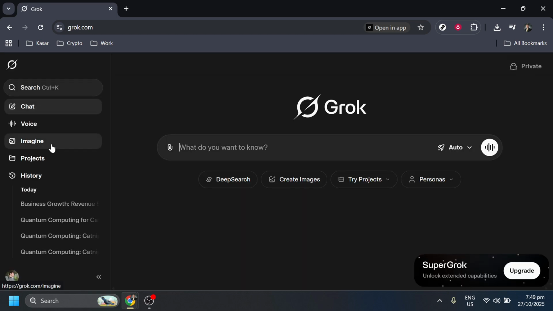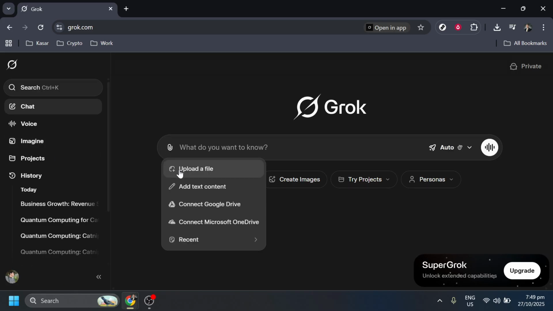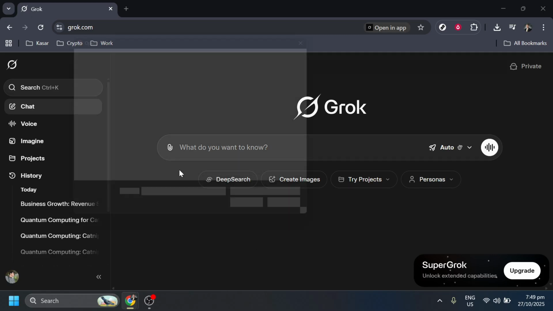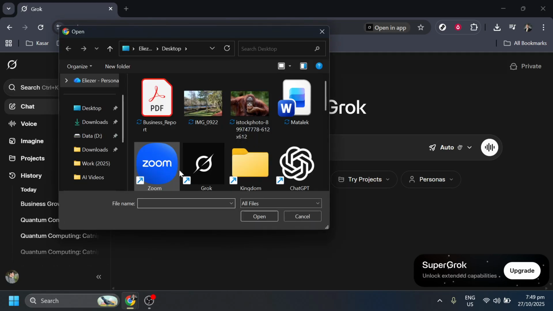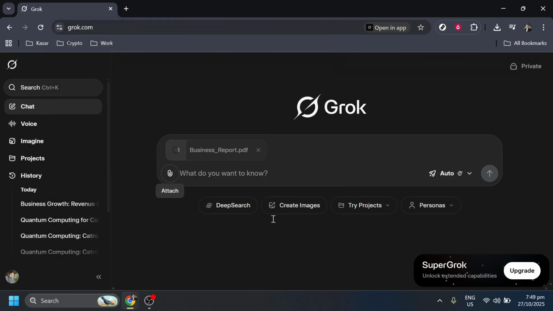Once there, you'll want to locate the clip icon, which is an indicator for uploading documents. Click on this icon to start the process of uploading your PDF. After clicking, you'll see a prompt that allows you to select a PDF from your device. Navigate through your files and choose the PDF document you wish to process. Once you've selected the appropriate file, upload it to the site. This action is key as it enables Grok AI to access the content within your PDF and set the stage